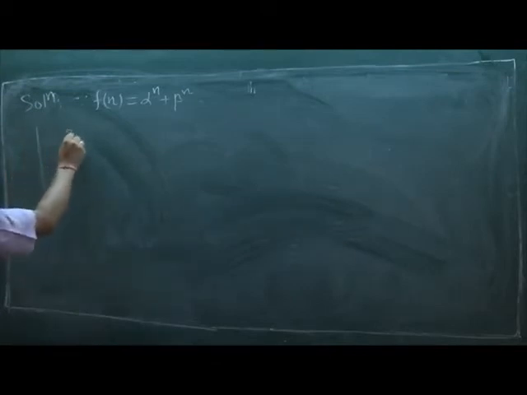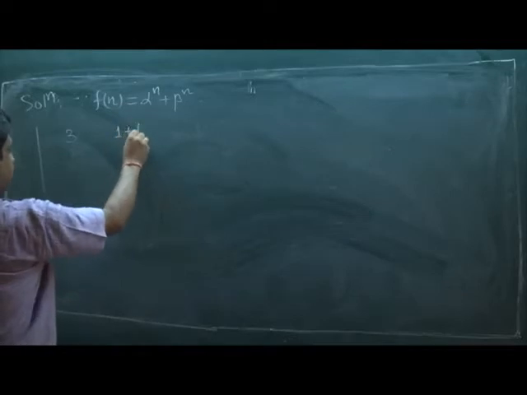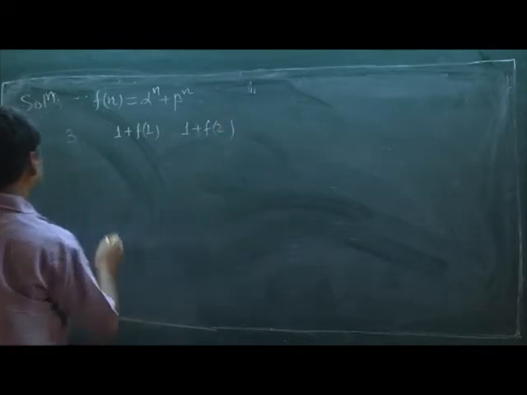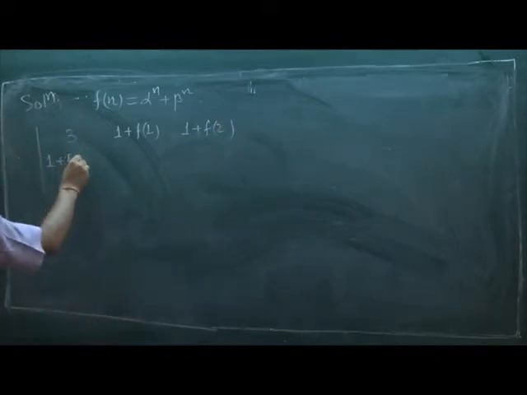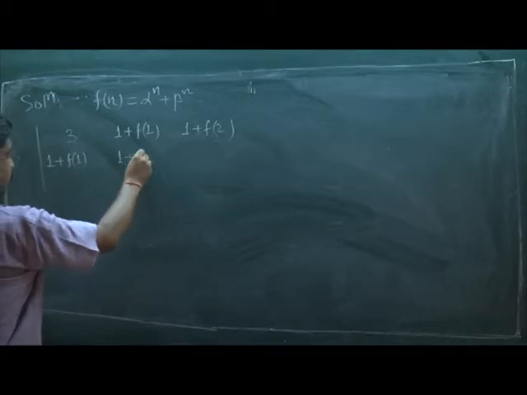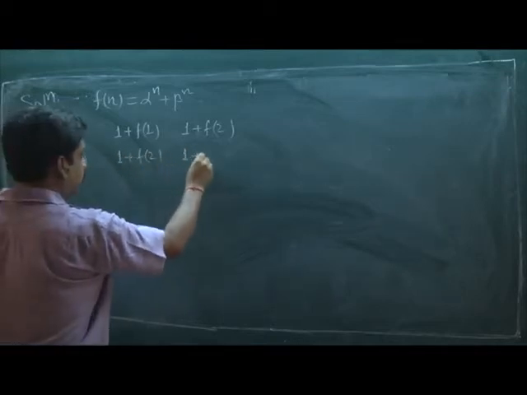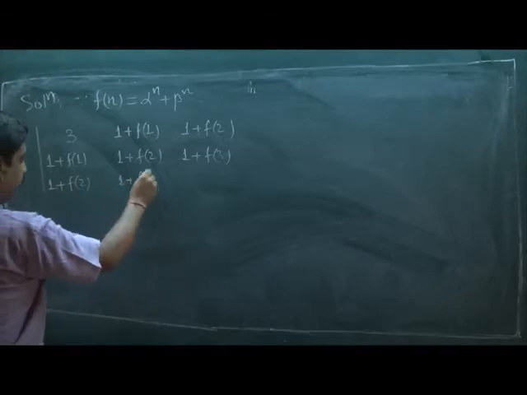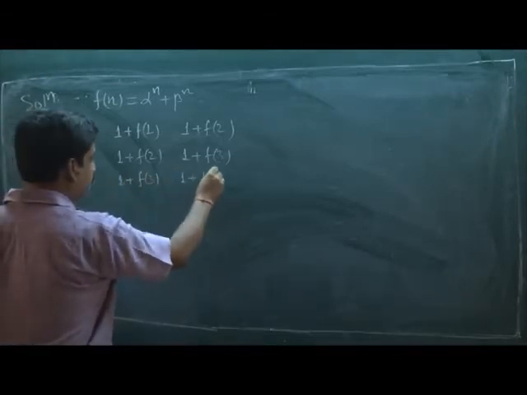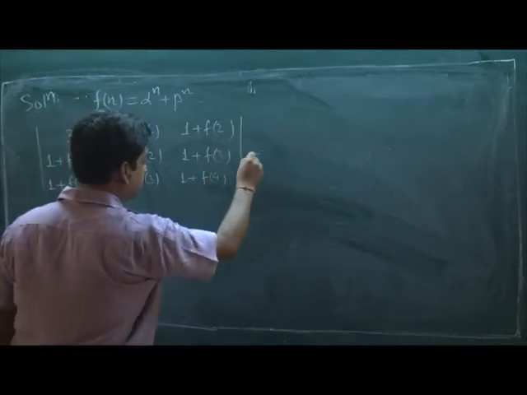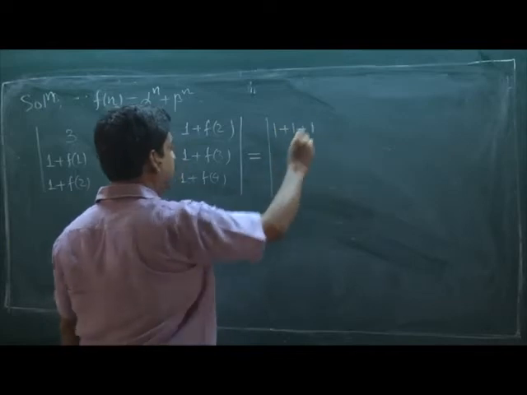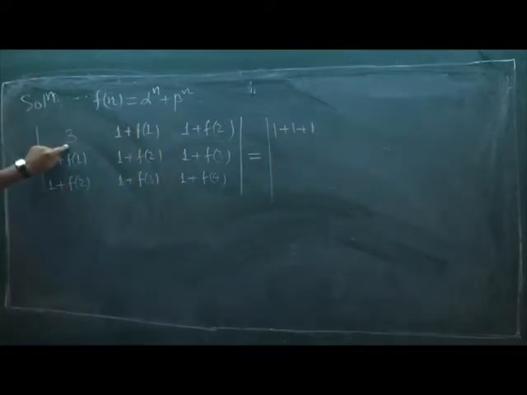therefore the determinant |3, 1+f1, 1+f2; 1+f1, 1+f2, 1+f3; 1+f2, 1+f3, 1+f4| equals, with this 3 written as 1 plus 1 plus 1,